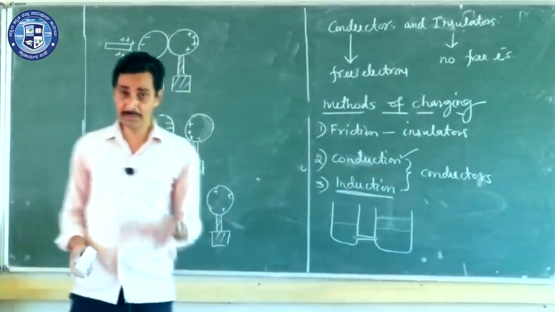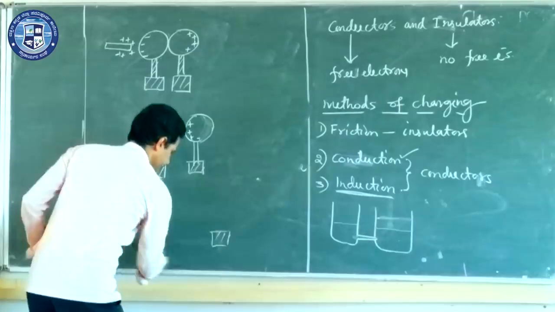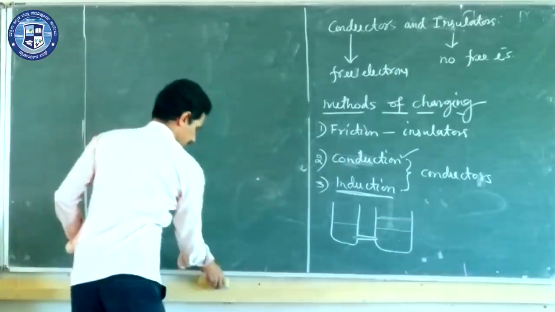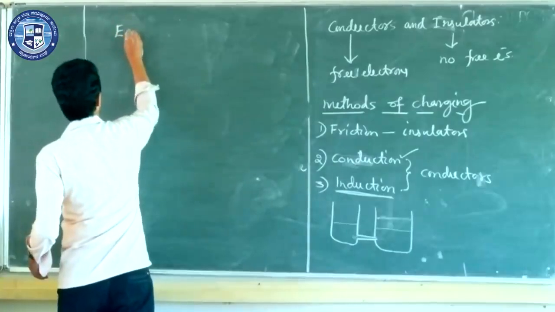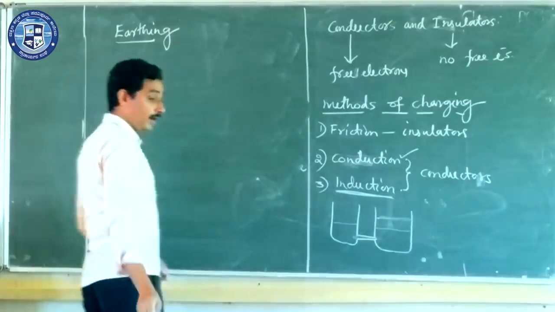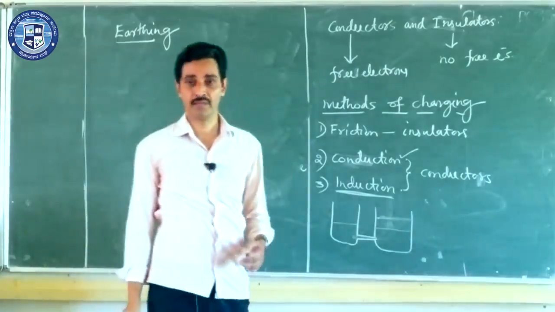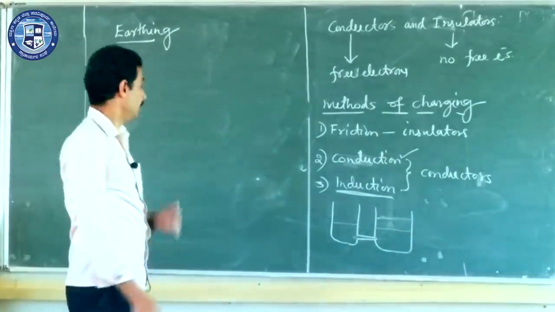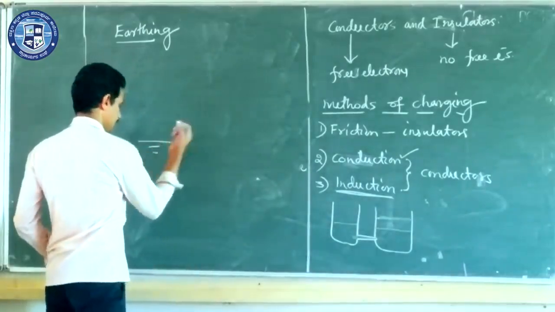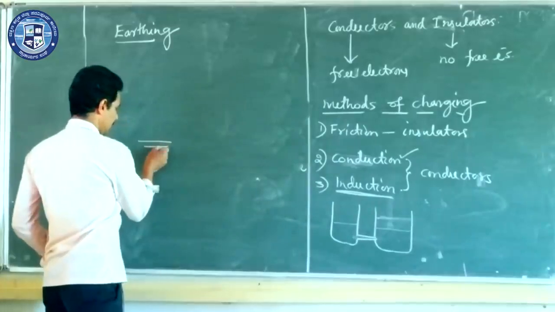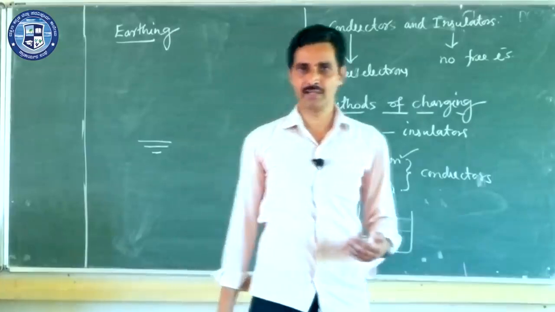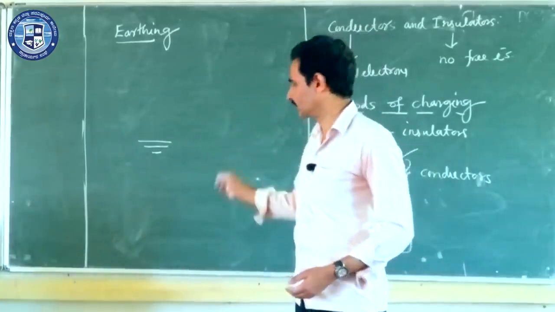Okay. Now, what do you mean by earthing? We'll go for that. Earthing is a very important factor in charges. Earth is a very good conductor of electricity. And we show earthing usually by drawing three lines like this: one larger, another a little shorter, another a little shorter. That is a method of showing earthing electrically, or in electronics, or in physics.